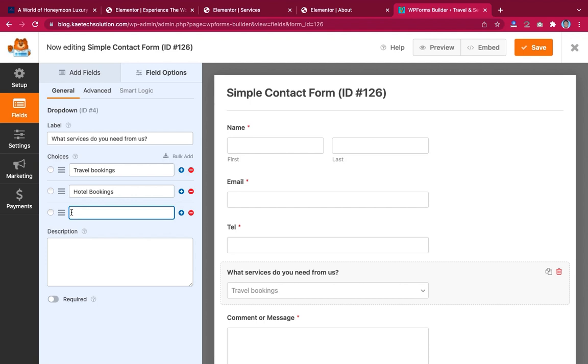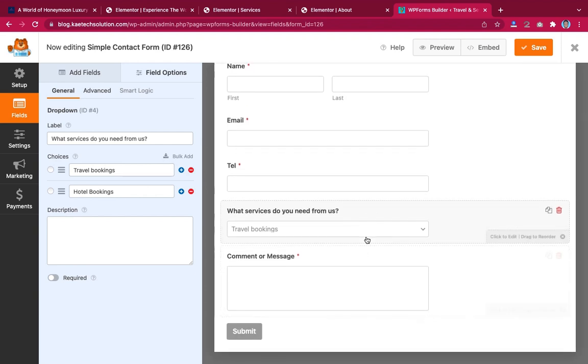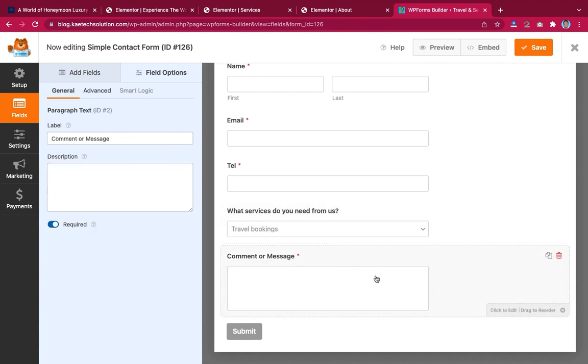Okay, so anything that you have in, you can just list all of them over here, so that the person can choose between it. And then with a comment and message, you can decide to also type in maybe